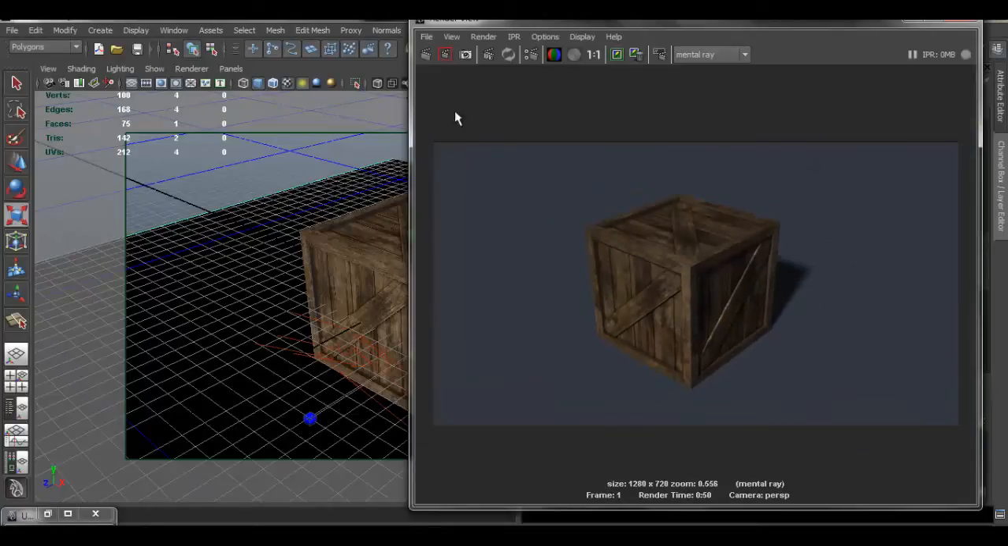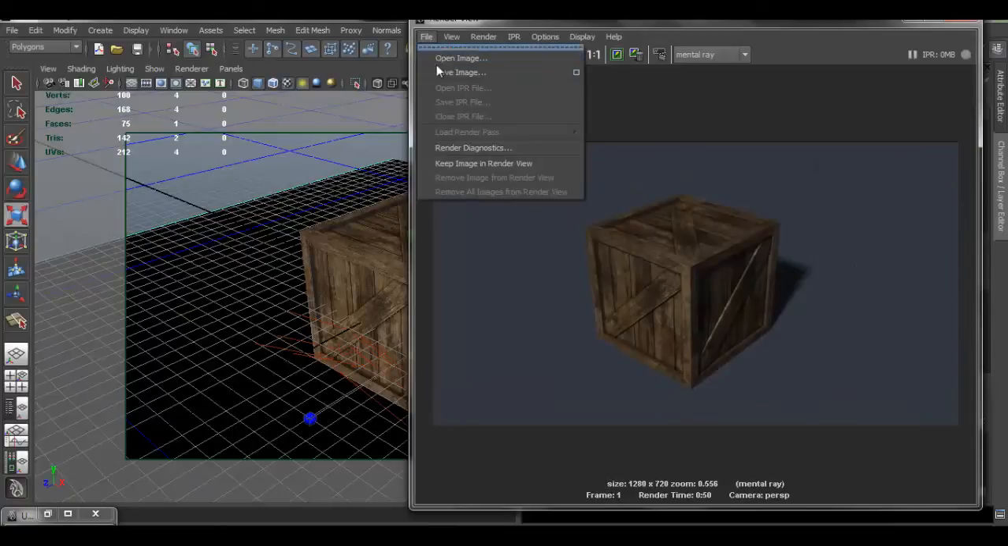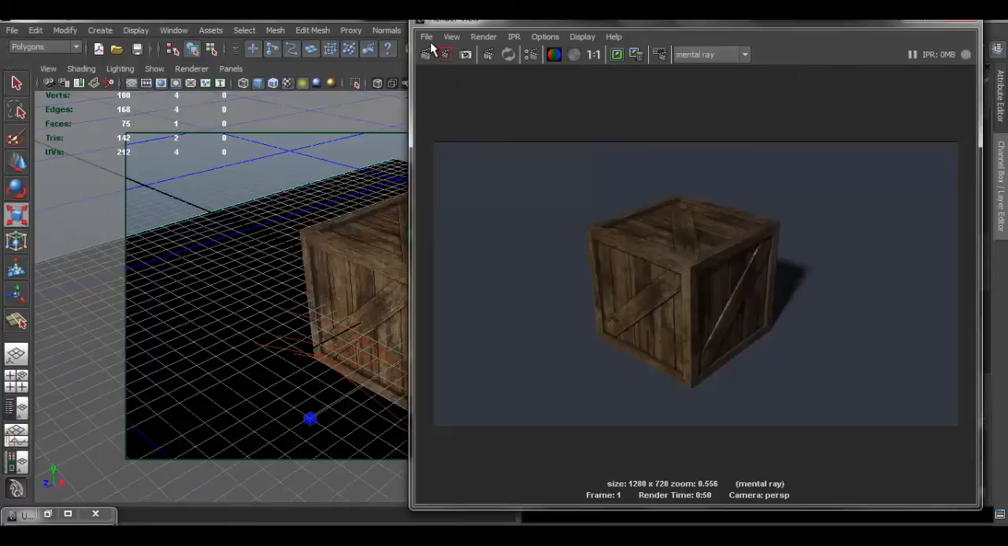Alright, so once you're done, if you want to save the image, you can go to File, Save Image, and just save it. And if you saved your image as a Targa file, when you open it in Photoshop, if you go to the Channels box, it has an alpha that you can use to isolate the object from the background. Alright,